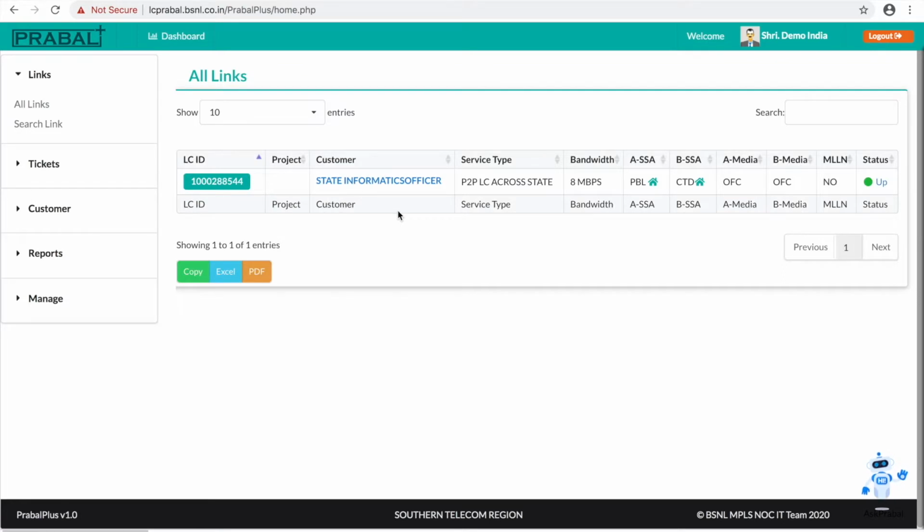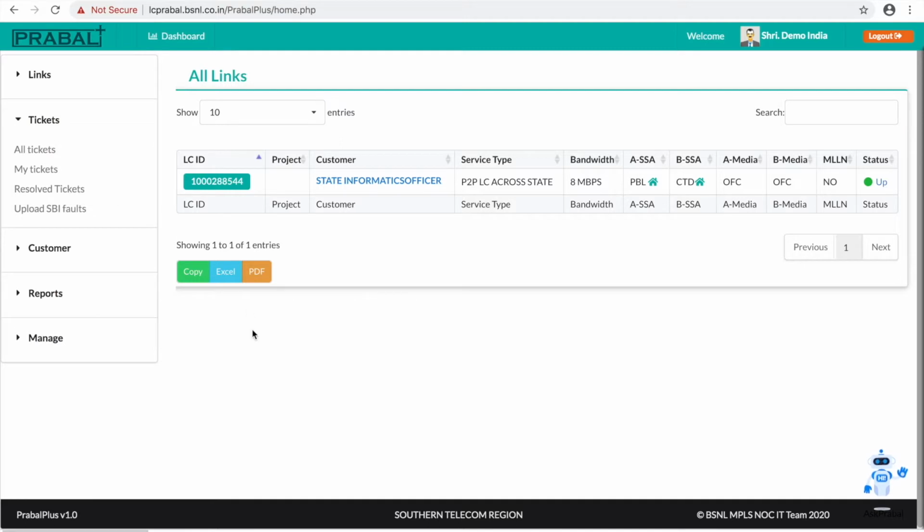LCID wise it will show the customer name, State Informatics Officer, the service type, point to point lease circuit across state, bandwidth is 8 Mbps, then what is the A end SSA, B end SSA. These are all the information available under the links menu.